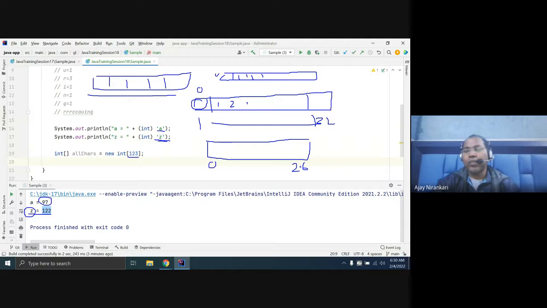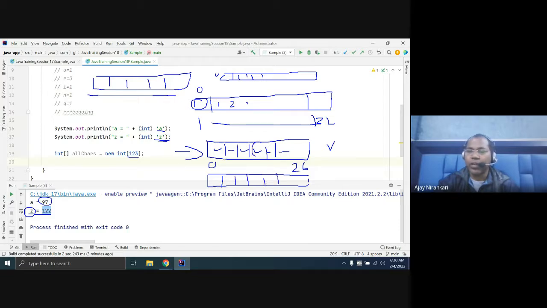The second approach for finding the occurrence is that you can put all the values A, B, C, D, E, F, G, H, just create one array with these values. Then you create another array, and here if you get a value at this position, just increment the same array position value here.